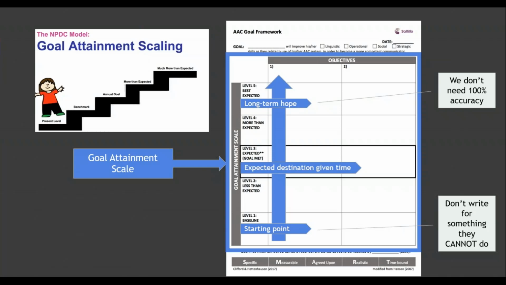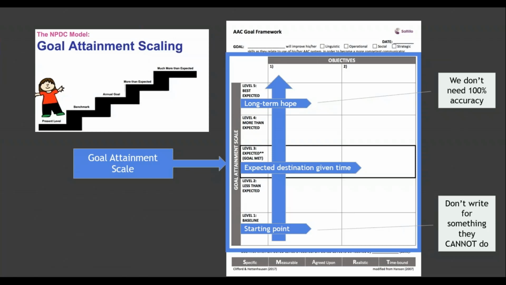It's usually going to be the level 3 goal in a more generalized context. So you're thinking about where are we today, where do we want to be in the future, and how are we going to get there? And I think this quote from Corsten fits really nicely with our rationale for using this goal attainment scale,